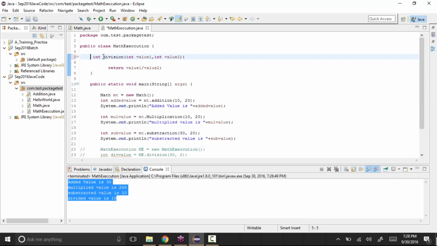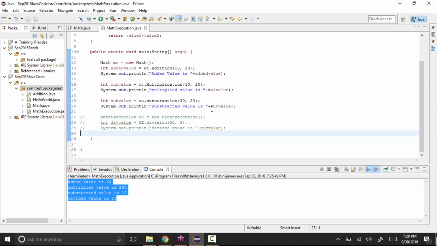Okay, see if I remove the static from here and save it, see if I say division dot, see it's giving an error for me. If I do division of 10 comma 2, it still gives an error.